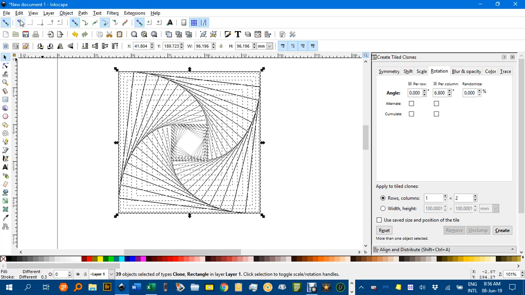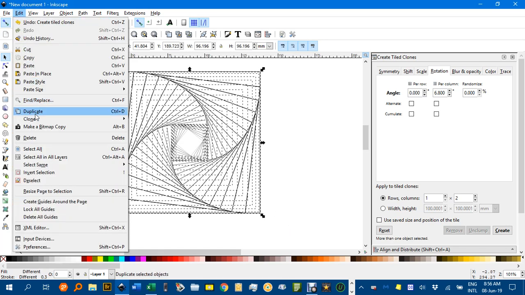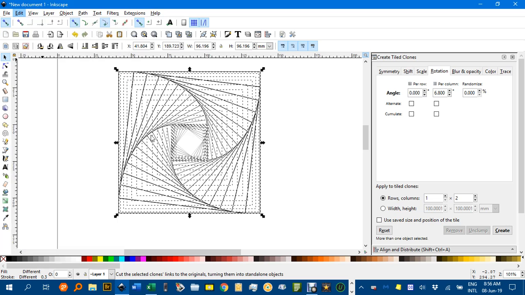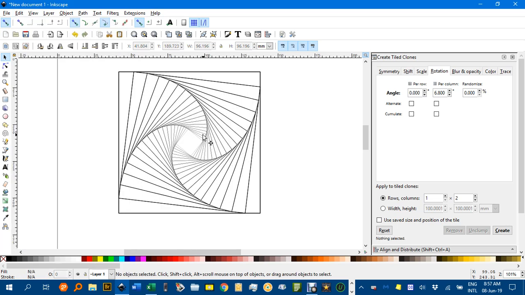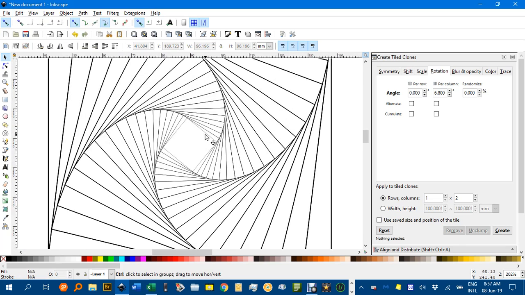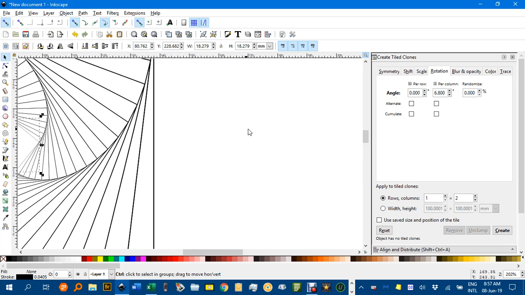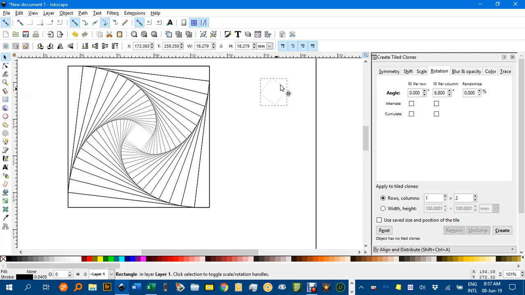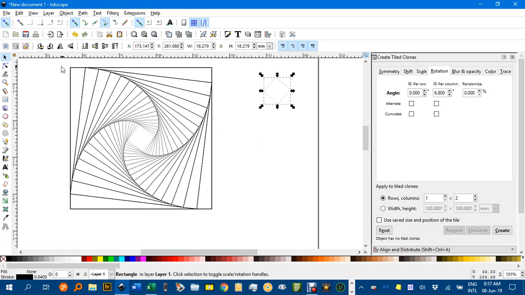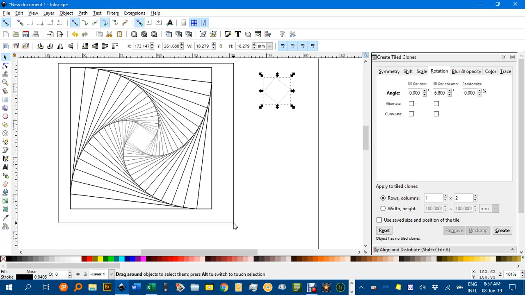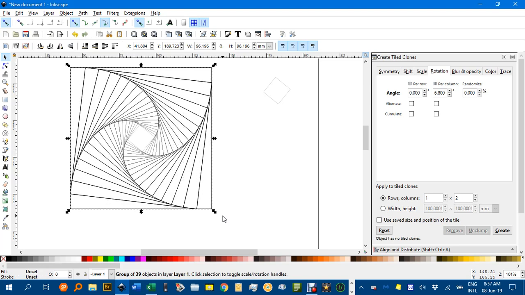to edit them. So select the lot, Edit, Clone, Unlink Clone, and now if I click on that inner one, Control click if you grouped it, but I can just click, I think, yep, click, Control C and Control V, paste over there. We're going to use that to get our size. Now we'll select all of that, Control G to group it, Control D to duplicate, drag it down,